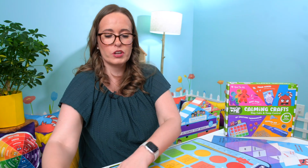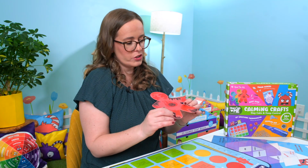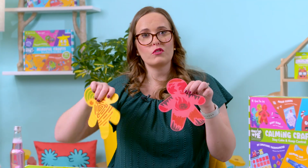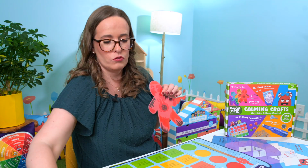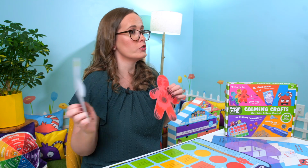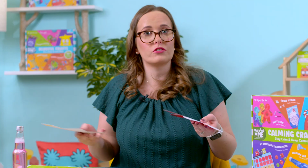They start by doing a body scan. So we have these little activities to help them understand, where do I feel that emotion in my body? How can I identify when I'm starting to get mad? How do things feel differently when I'm big mad versus when I'm just kind of annoyed? Versus when things are feeling really good. All of those things feel different, but we have to give kids the words and the skills to be able